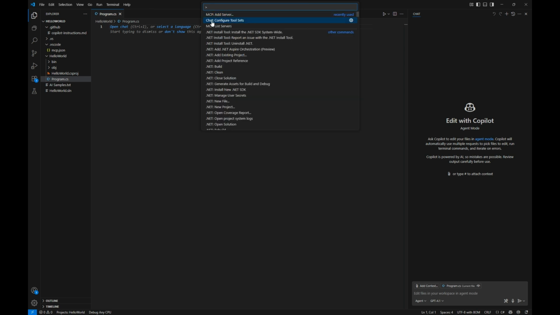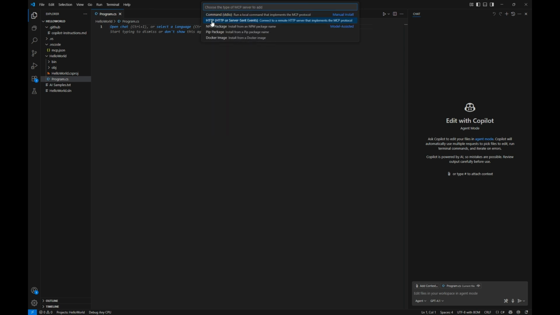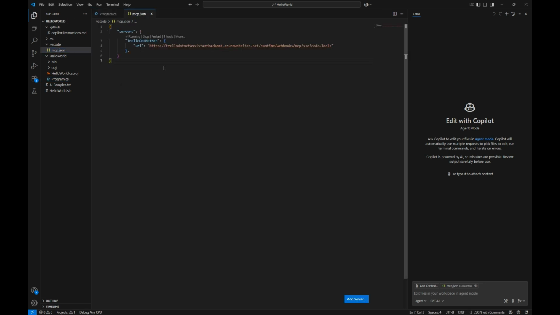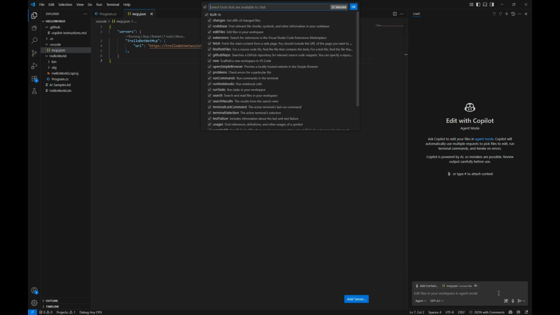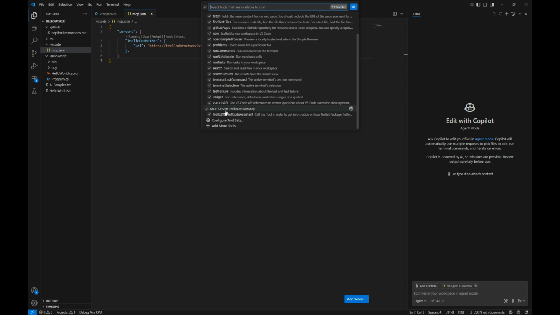You can go up here and say add server, and you need to tell it it's an HTTP server and give the URL. Then you end up with a file like this, where I have my tool running. I have one tool, which is my MCP Trello.net assistant that we can call.